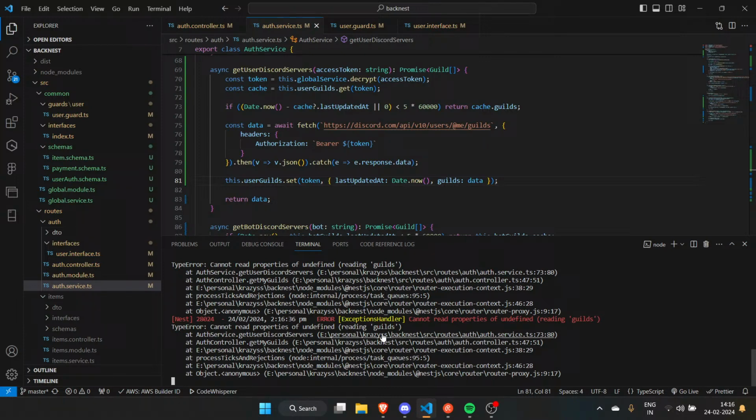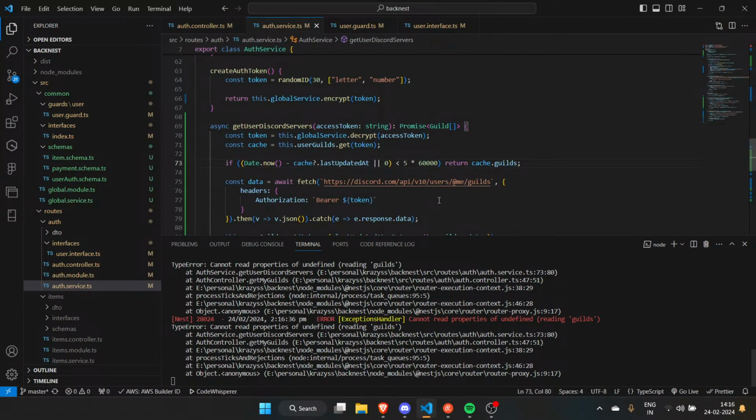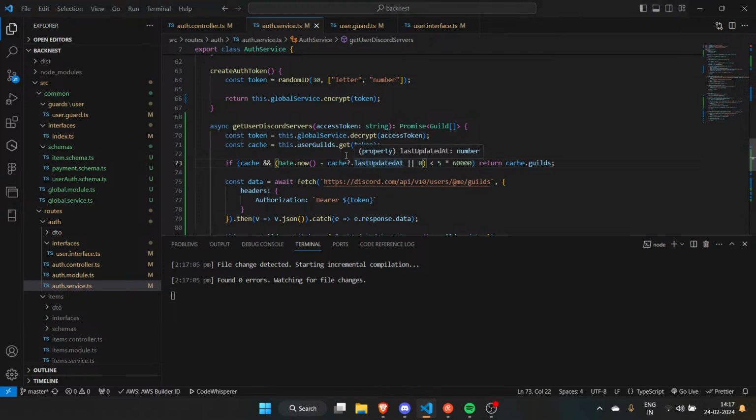Cannot read property of undefined reading guilds. If cache is undefined, Date.now minus cache question mark to last updated, if this thing is less than 5 minutes. How is this thing less than 5 minutes if this thing is undefined? I have no idea. If cache exists and all of that. Okay, let's...